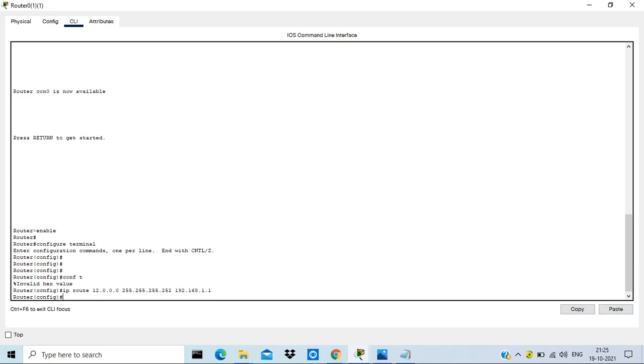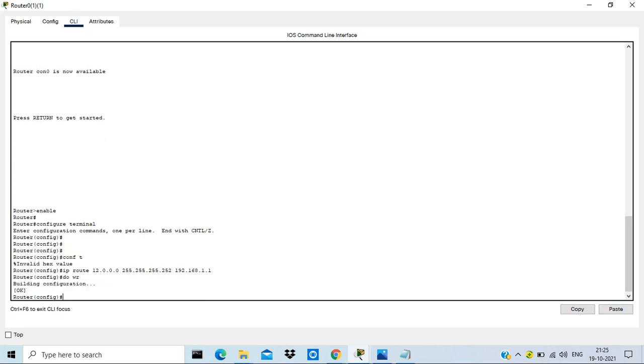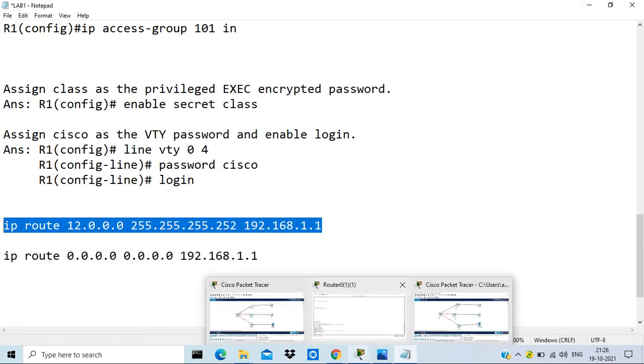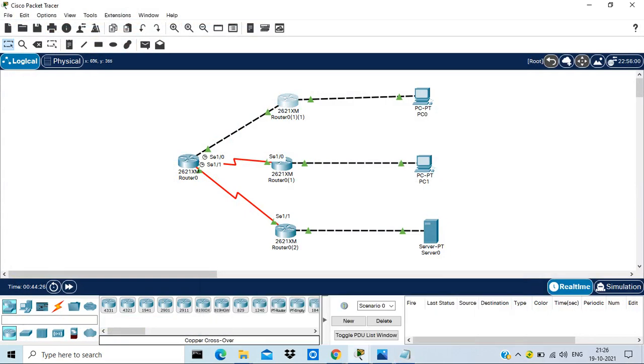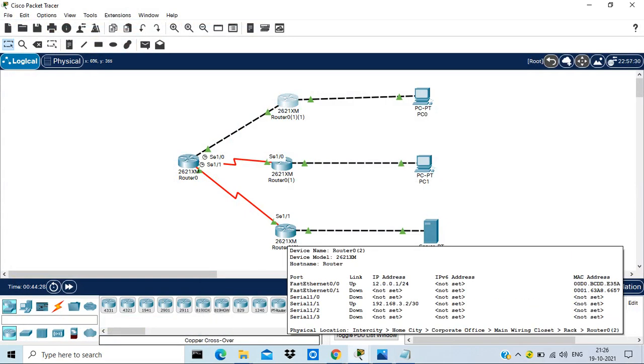So after we have added the route, we can save the configuration. This we did in the branch 1 router. If we ping somebody in the FTP server network, that is the 12 series network, to get the reply back, there should be a route in the FTP server network also. So for that, we are going to this branch 3, and in branch 3, I should add a route.